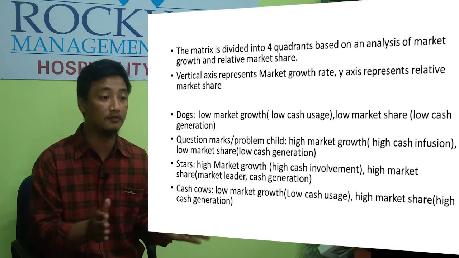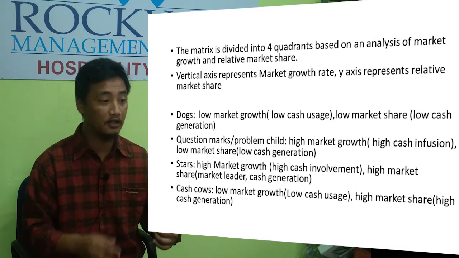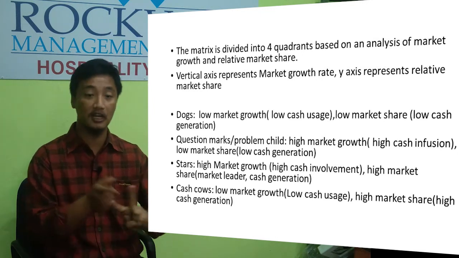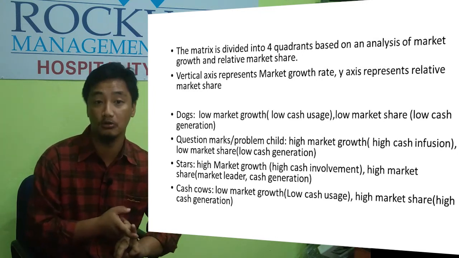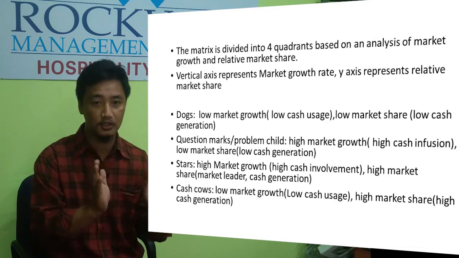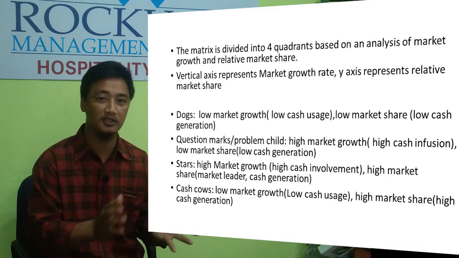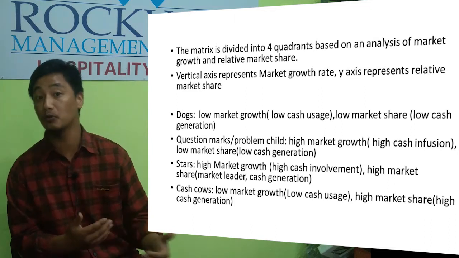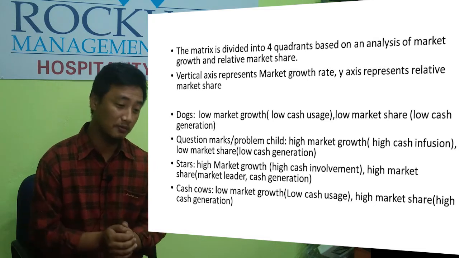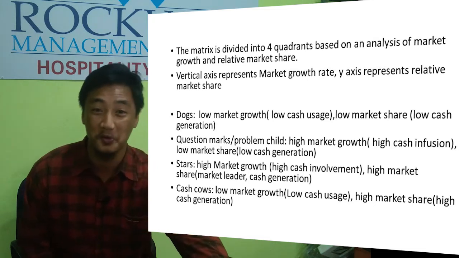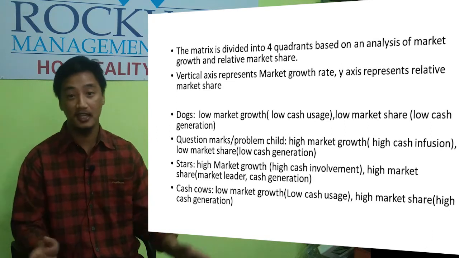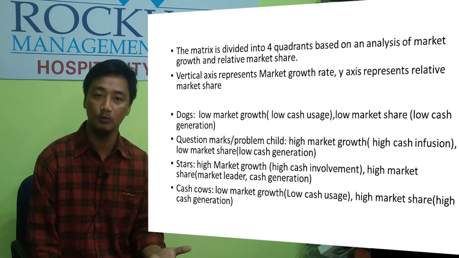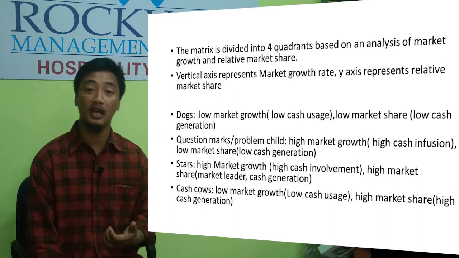On the basis of these 4 quadrants, there are dogs, question marks or problem child, stars, and cash cows. These are the names given to each quadrant. So let's start off with dogs. I hope people who love dogs won't get offended, but nevertheless, as an example of the Boston Consultancy Group matrix, dogs